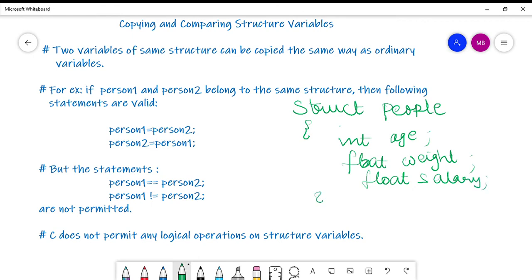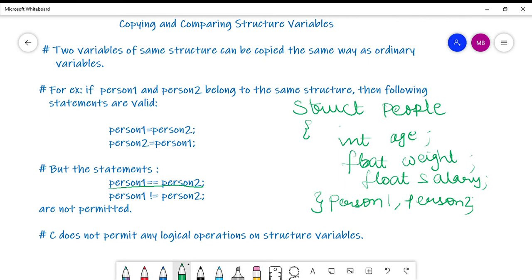This is the main structure or the structure tag, and then the variables I have declared are person 1 and person 2. So in that case, say for example, if I want to find out if the salary of person 1 and person 2 are same or not, I cannot do this directly. I cannot directly say person 1 equals person 2. For that I'll have to compare the members individually, right?